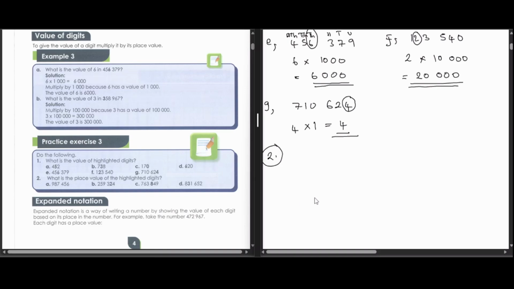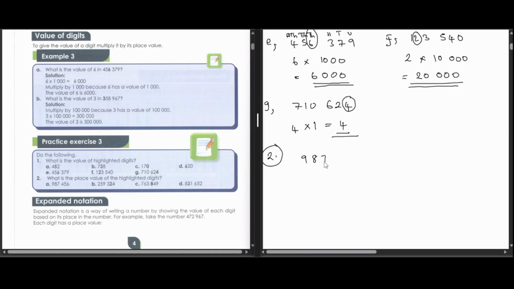Number 2 yakati, what is the place value of the highlighted digits? Saka mofanirwa kuunderstanda ma questions aya. Number 1 yakati what is the value of the highlighted digits? So we are not interested in the value of the highlighted digits. We are rather interested in the place value in number 2. Saka for 1 it's